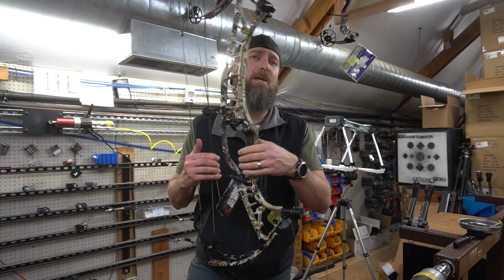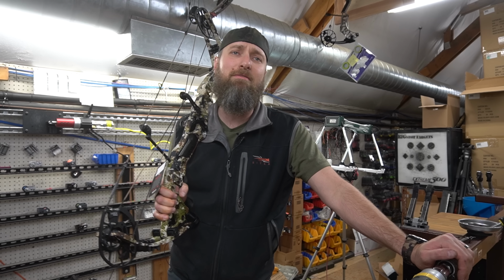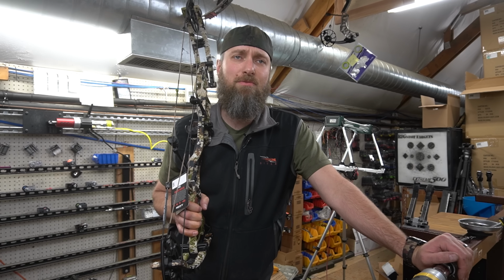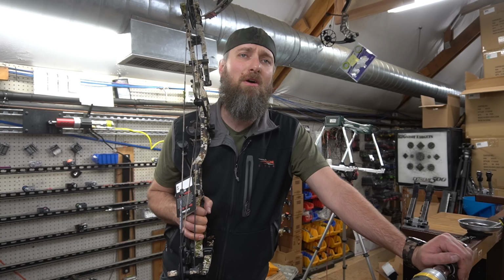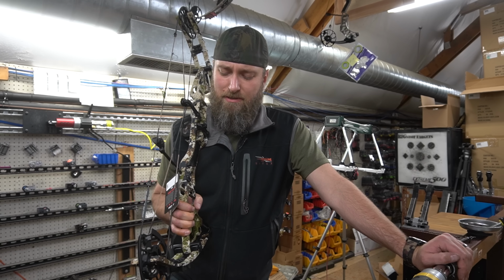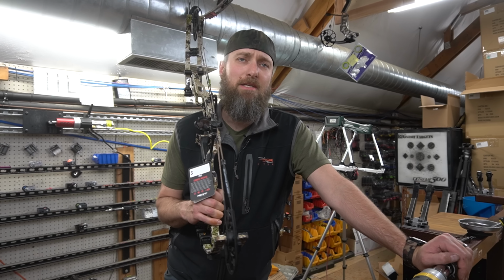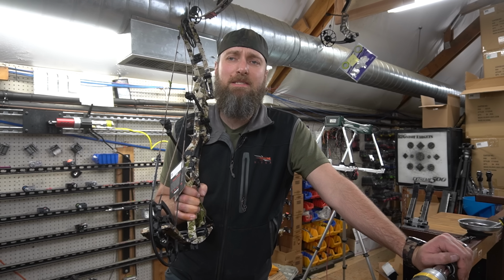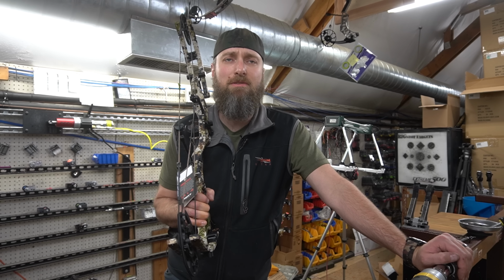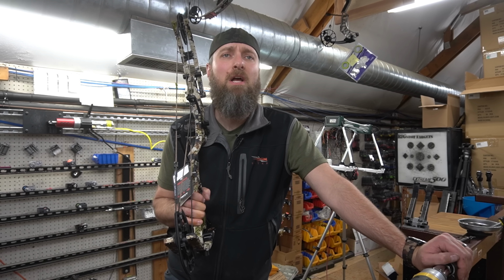It is heavy and big, but it's designed for a big person, so I would imagine they could probably handle it being heavy and big. But it incorporates every feature that all the new Hoyts have, which is great that they didn't cut any corners or leave something off with all the other bows that they put into this bow system. So all in all, this is a pretty nice long draw length bow, and I'm anxious to see how it chalks up against the Revolt XL and an Atlas, and I will stretch myself out and shoot those and test those at 32 at that time to be probably a little more realistically fair comparison for a long draw length